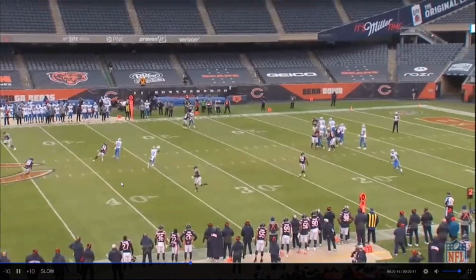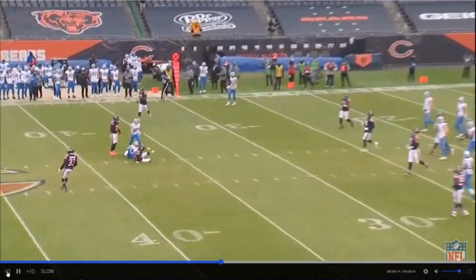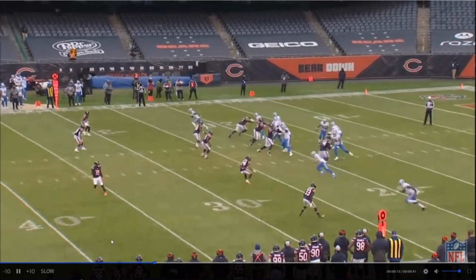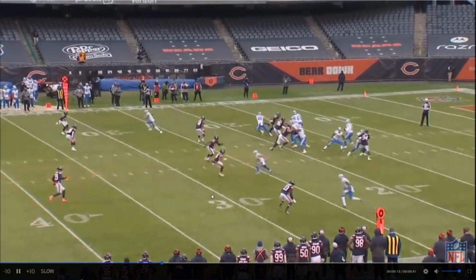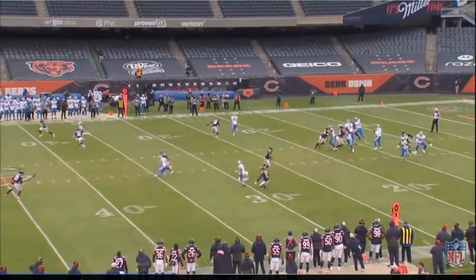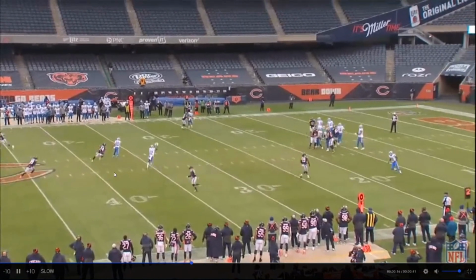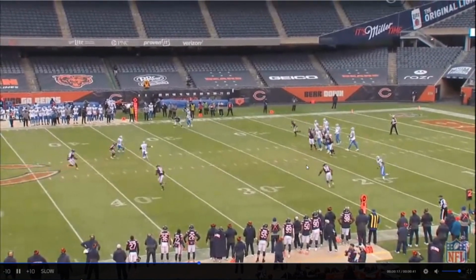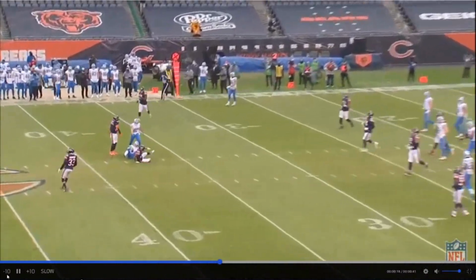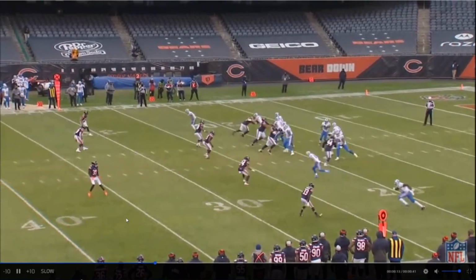Little pressure coming late, but they do essentially a similar play they did before where they brought Sanu on that crossing route off the play action here. So I'm guessing this is cover 3. And Trevathan goes to the flat, so the middle's kind of open. I mean, it depends. I don't know exactly their rules